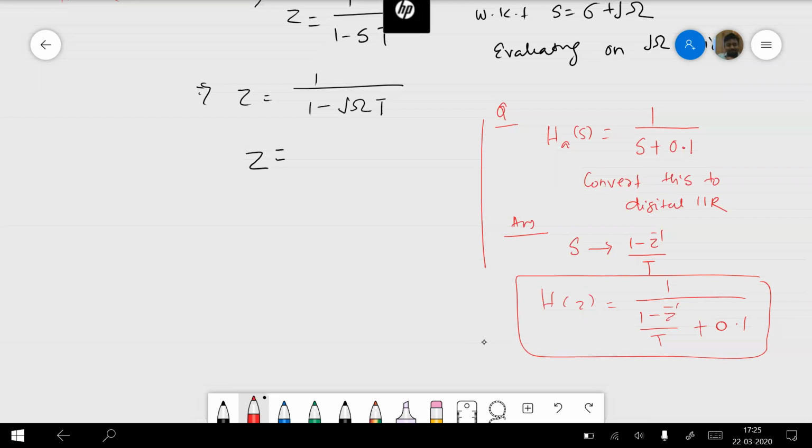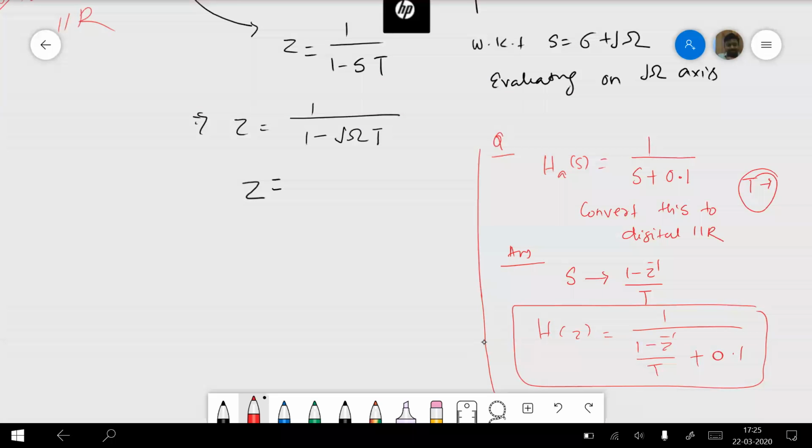Now generally in the question, some t value will be given to you, but if the question has not given any t, please keep the t as it is, not an issue. That is how you understand the approximate derivative. Now there is a problem with the approximate derivative method, that's why the other two methods come into the picture. The problem is that the approximate derivative method cannot be useful for designing other filters such as high pass filters and band stop filters because of certain problems.